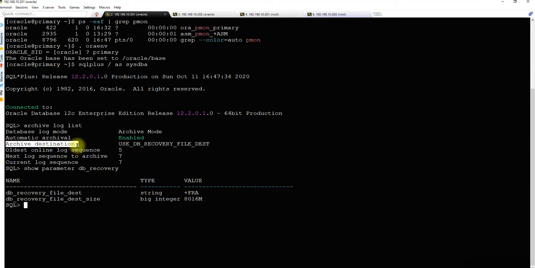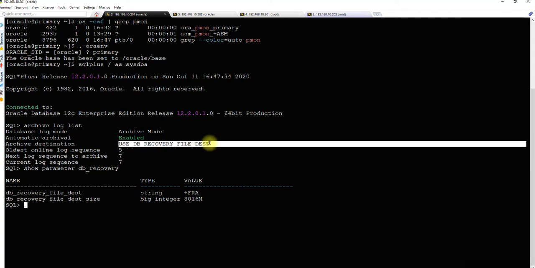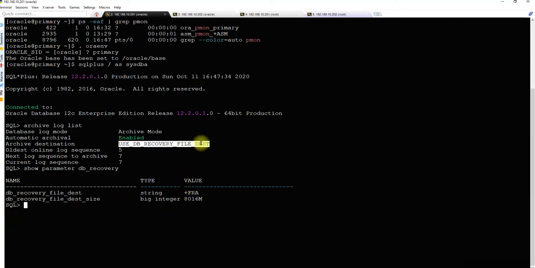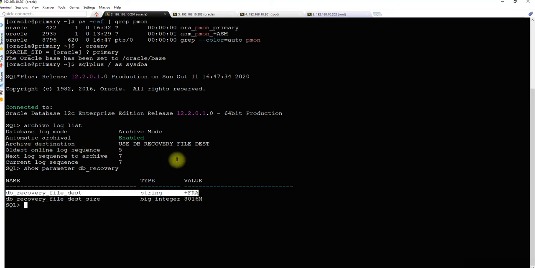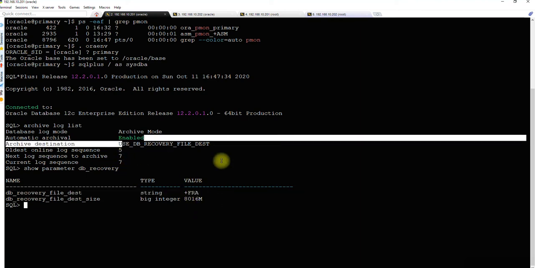The archive log destination is to store the redo logs, right? After the redo log switch, the redo logs will be backed up into the same location. It is saying use db_recovery_file_dest, which means it will also be using +FRA, but we don't want to use both of them at the same place, right? Let's actually make sure that everything is separate for the activities we need to perform for the standby database, as well as to configure Oracle Data Guard. So we need to make sure these two are not at the same location.